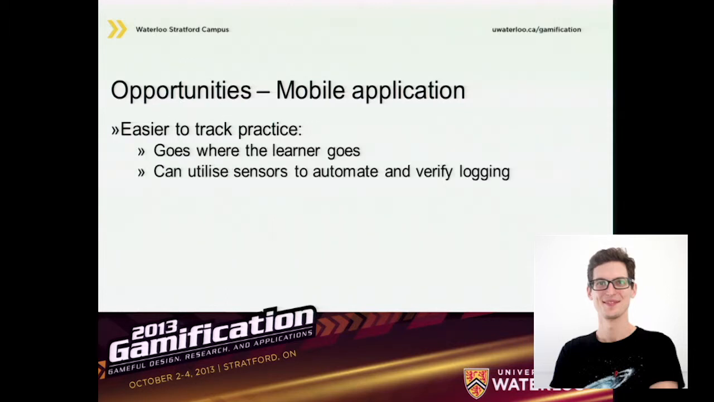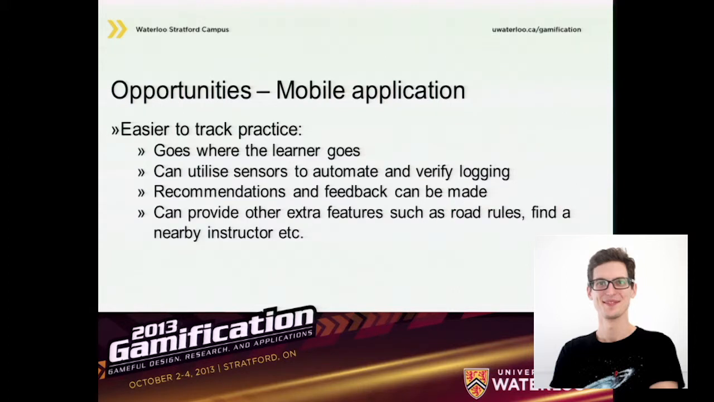They can utilize sensors on the smartphone to automate and verify logging. We can make recommendations and give them feedback based off the data. And we can provide extra features such as road rules, find a nearby instructor. And it saves on administration costs as well. So someone has to go through this logbook manually and check that the data that they've entered is correct before